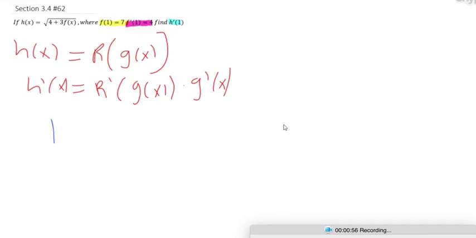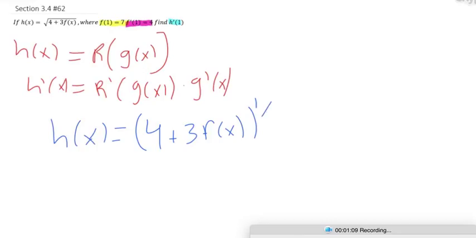So to start off, we'll write h of x is equal to 4 plus 3 times f of x to the power of 1/2 instead of writing the square root of this in order to use the chain rule. So to find h prime of x, we know that we're going to have to take the power and bring it to the front, which would be 1 on 2 multiplied